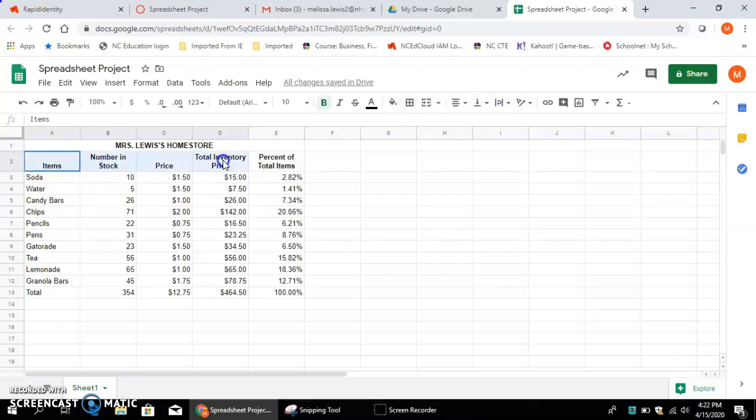Alright. I'm going to highlight row 2 where my columns are, and I'm going to click on borders, and I'm going to give it, you can give it kind of any border you want, so I'm going to do outside borders. You could just do the line if you wanted. And then it also wants me to